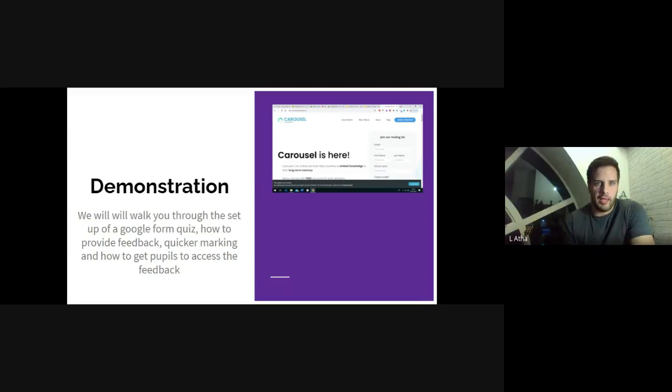So, what is Carousel Learning? Basically, it's a website which you can load questions up to and create classes. This allows you to improve pupils' learning by getting them to do retrieval practice, so the recall of information. The website helps us by creating flashcards so they can practice revising key terms and definitions or common questions and answers. And then when they feel ready or when you direct them to, they take test mode,